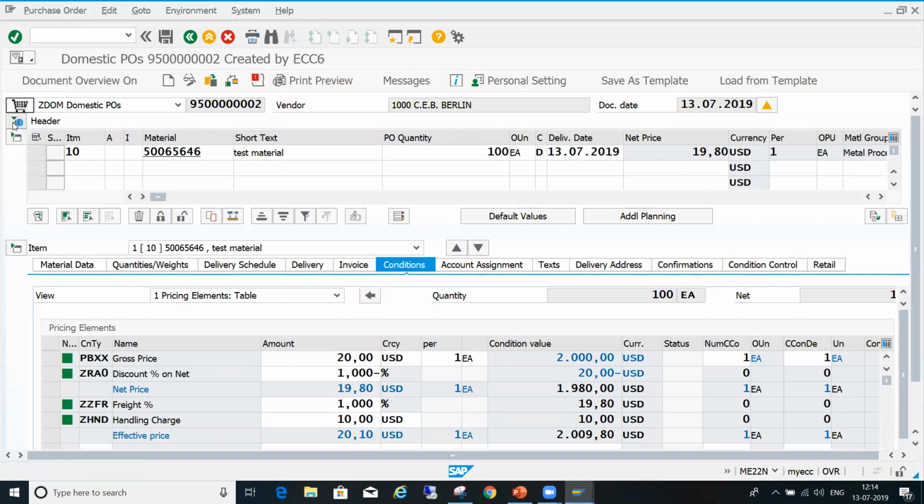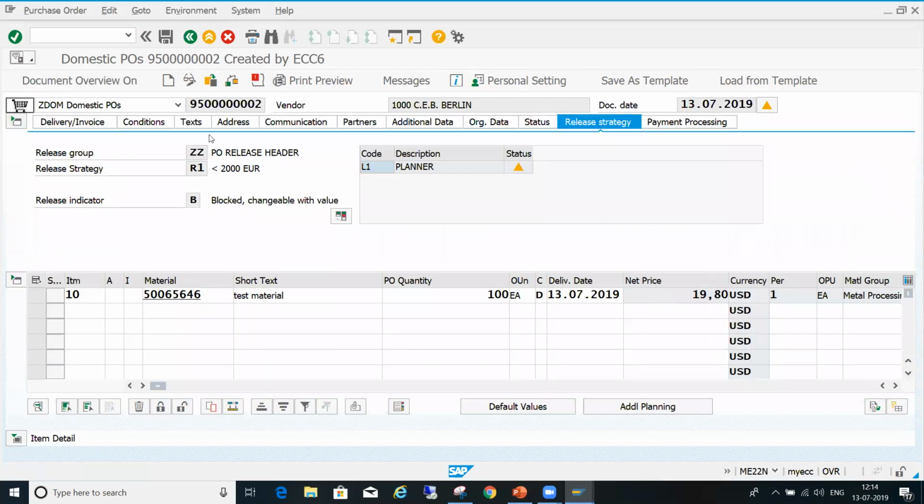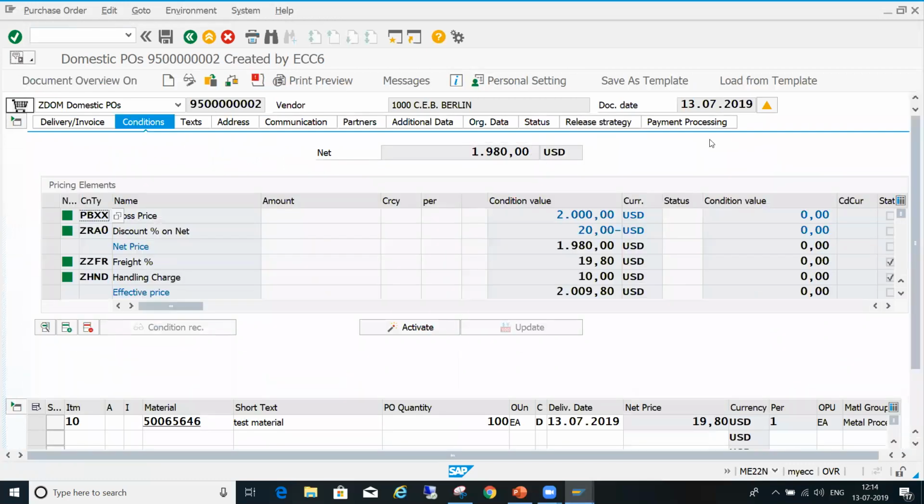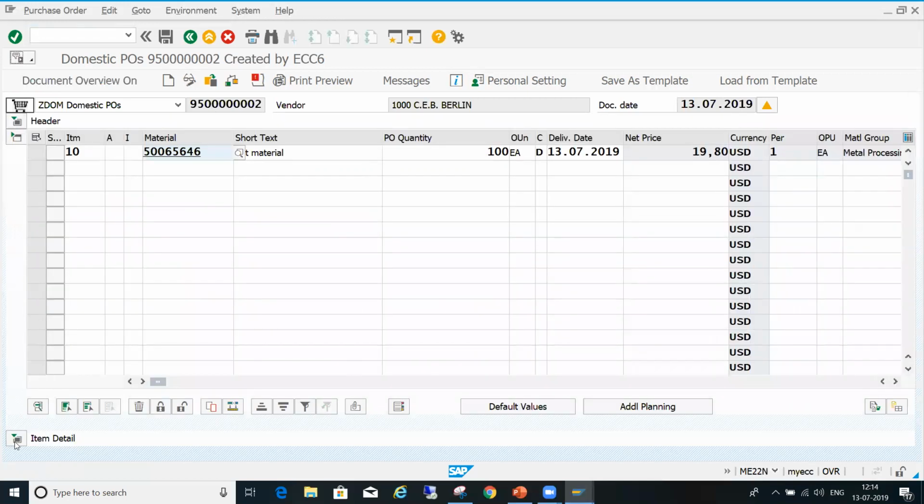Before it was less than 2000, so the first level was triggered. Now the value is increased, but the net price is this one only. But from the previous PO you increased the value, correct?